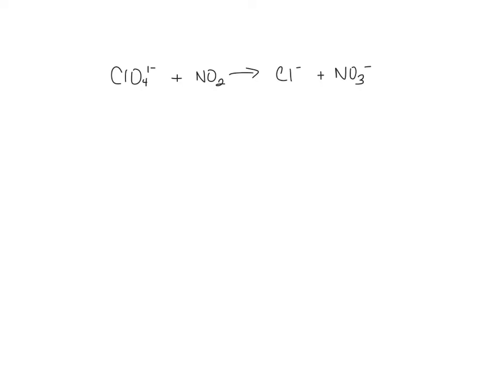Balancing redox reaction using oxidation numbers. So the first thing we have to do is assign our oxidation numbers to all of the ions or atoms whose oxidation numbers change. So the first thing we have to do is examine who's going to change. So chlorine is going to change